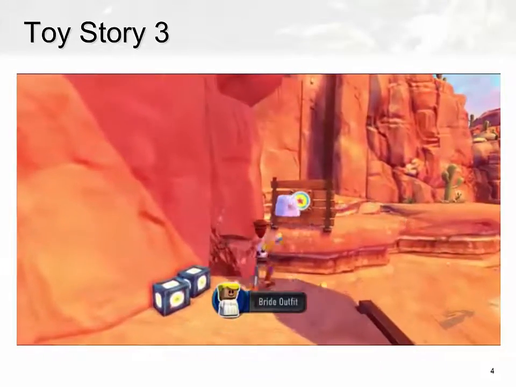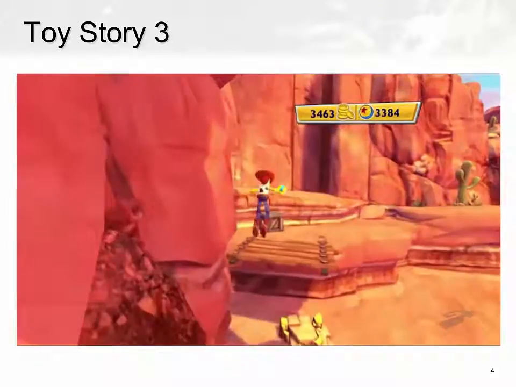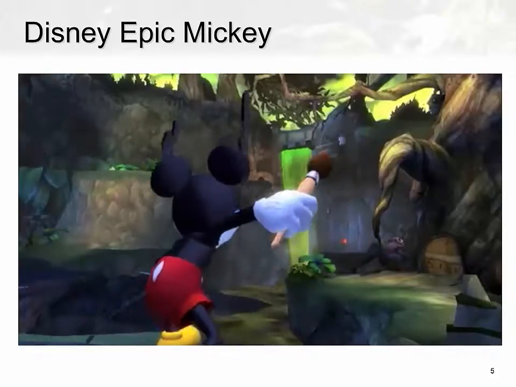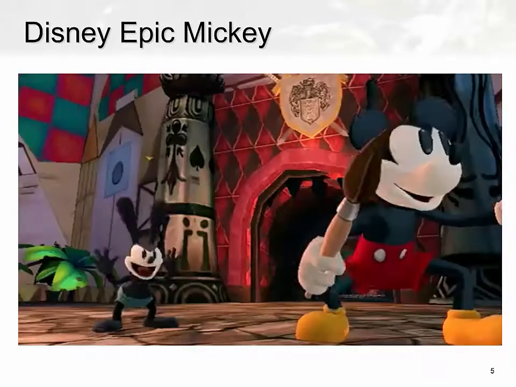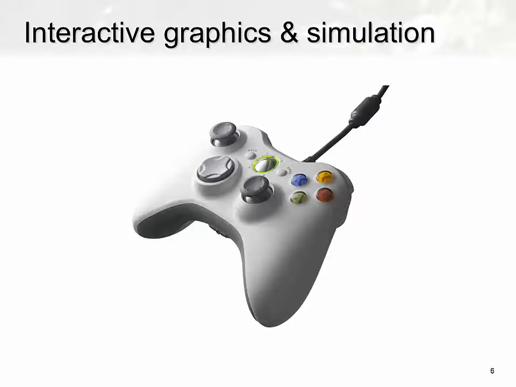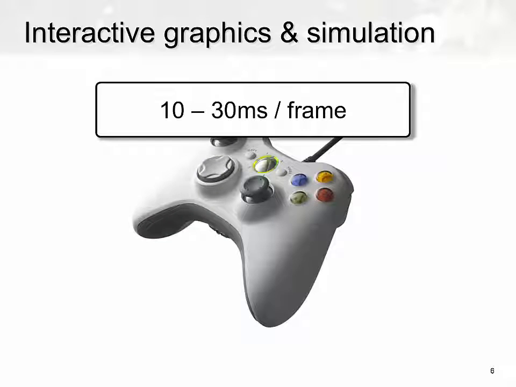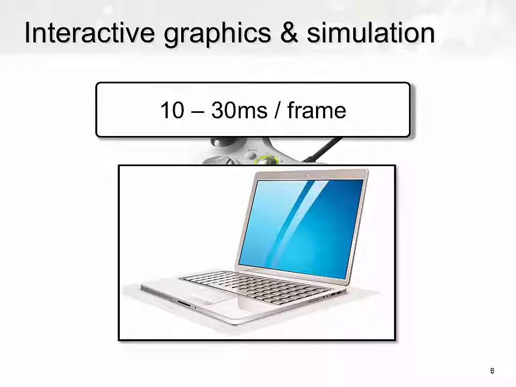I used to work on computer games such as Toy Story 3 or Disney Epic Mickey. And as you can see, games also need to simulate deformable digital characters. But the difference is in interactive graphics, the key is to minimize latency. The system needs to respond immediately to users' input. That means that we have something like 10 to 30 milliseconds to do all computations necessary to render the next frame. And to make things even more interesting, we typically have only consumer-grade hardware,